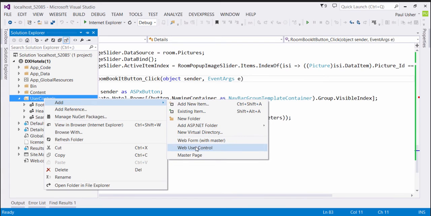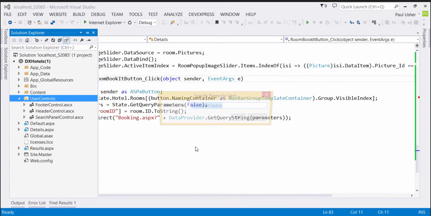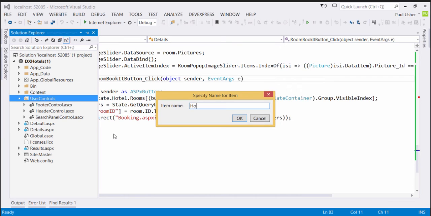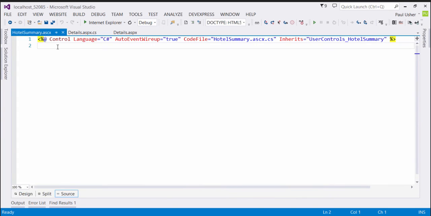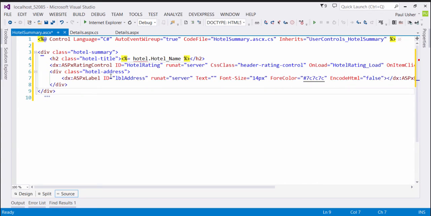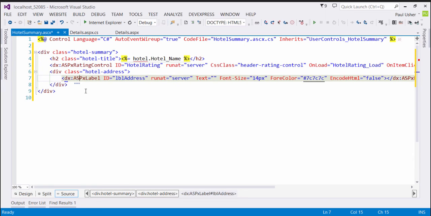We're going to add a new web user control. We're going to call this one Hotel Summary. We're back to our HTML view and we'll go Summary 1. And that's all there is to our summary control. Quite literally, a heading with a hotel name that's going to be passed from the object, the rating control, and then the address label itself. There is some code behind,